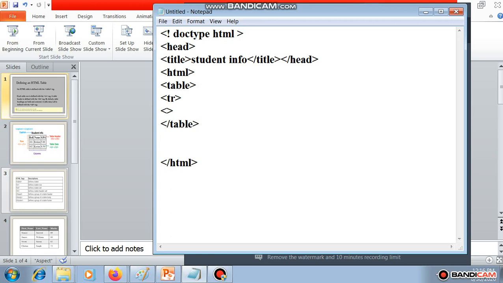Then we have to give the heading to our table. For that purpose we have to use the th tag. Here we insert the first heading to our table, the table is the student info, and the first heading is first name.